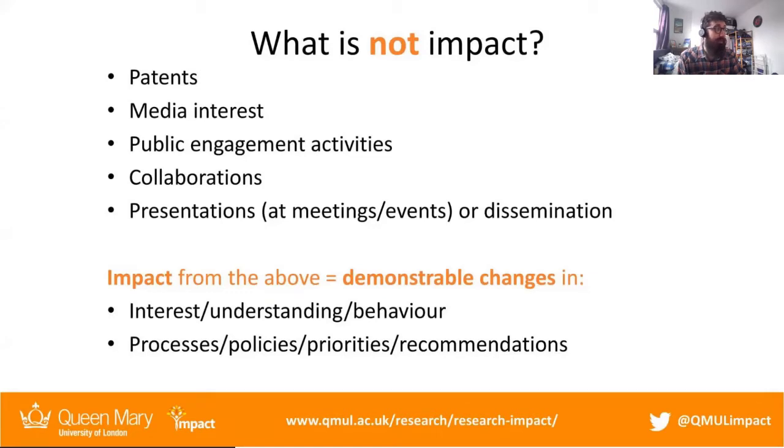which may be one of the most important things to take away today, if you're not sure about impact, to think about: impact from the above basically equates to demonstrable changes in the following. And I think demonstrable changes is the key term when it comes to impact. It's something changing for the better within society that you can demonstrate and prove and evidence. Because it's all very well saying, oh, this has changed this person, this has changed these lives. If you don't have a way of evidencing that, then you can't necessarily claim that impact to be yours. Or even, if no one else is saying it, then whether that impact actually exists.